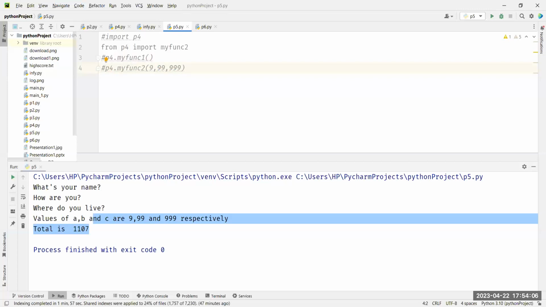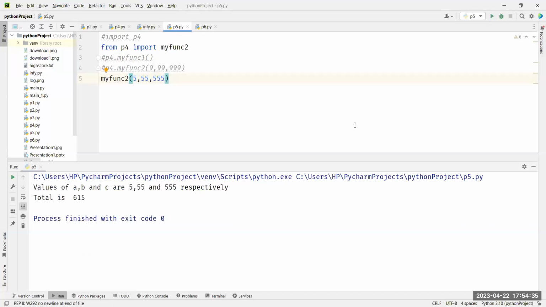So when I say from P4 import my func2, my func2 will be available directly. You do not have to say P4 dot. Because I imported my func2, it is directly available for you to run and use. No need to say P4 dot. Directly you say my func2. You can sometimes even